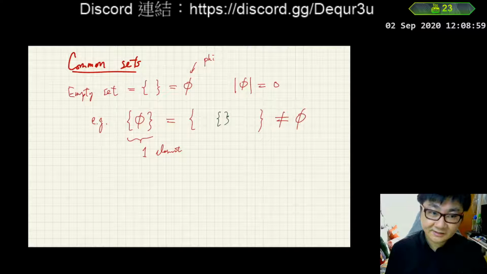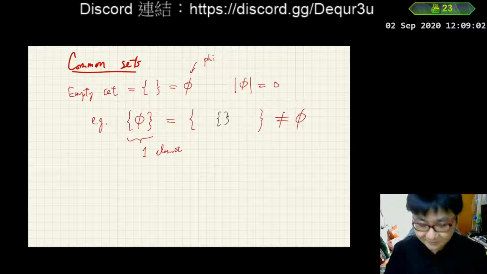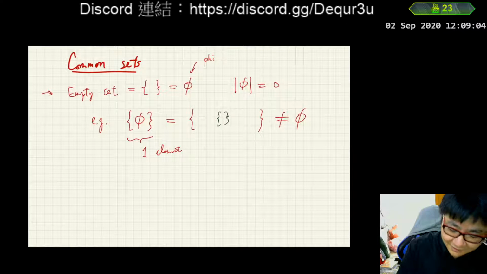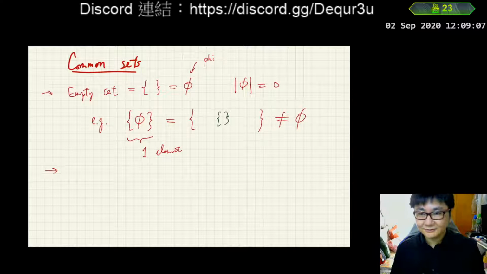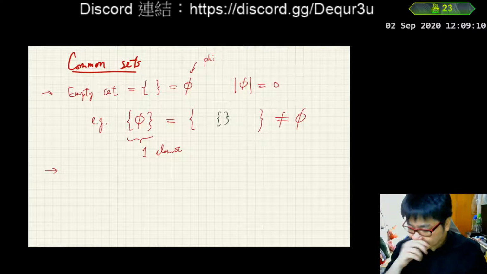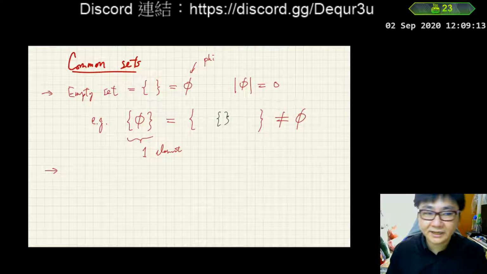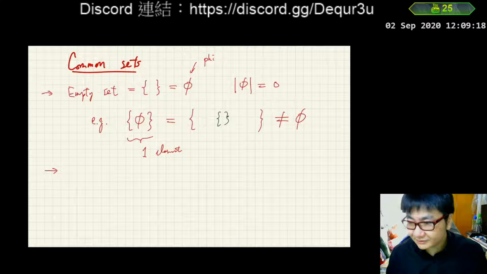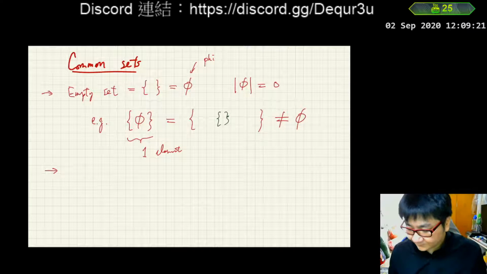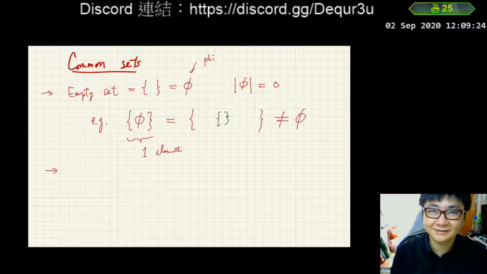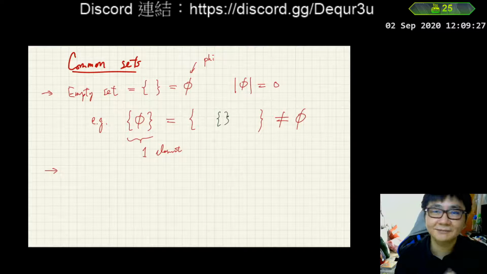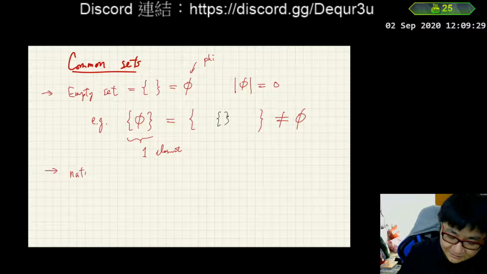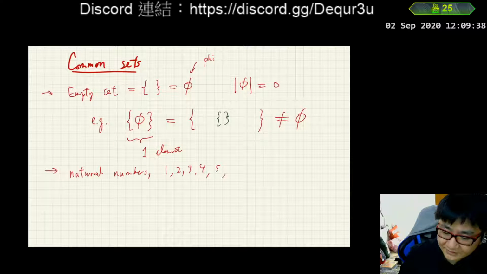Okay, so this is the empty set, the first one. And we may next move on to absolute value. Absolute value we will talk about maybe near the end, but we will talk about sets first. We will see more different kinds of common numbers. Just like I mentioned before, in kindergarten we learn some easy counting numbers. Next we are moving on to the natural numbers. Natural numbers means the numbers 1, 2, 3, 4, 5, etc.